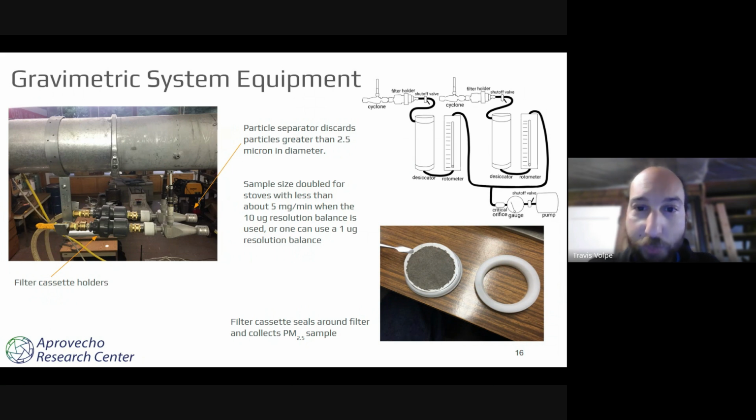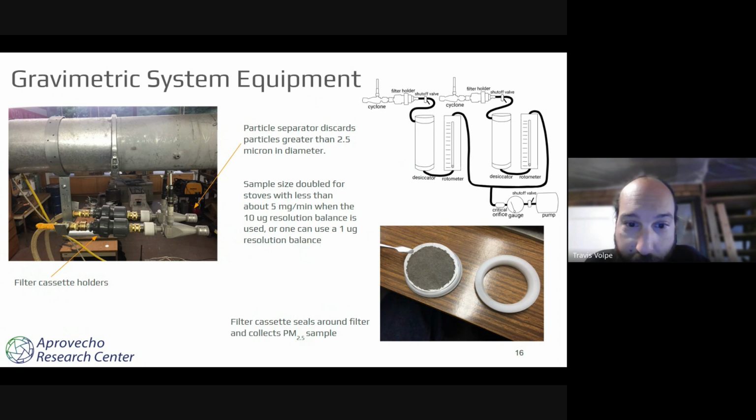The 2.5 in PM 2.5 refers to the micron size of those particles. So the cyclone will remove any larger particles so that only particles less than 2.5 microns will be collected by our filters. The gray cylinder in line with the cyclone is our filter cassette holder,